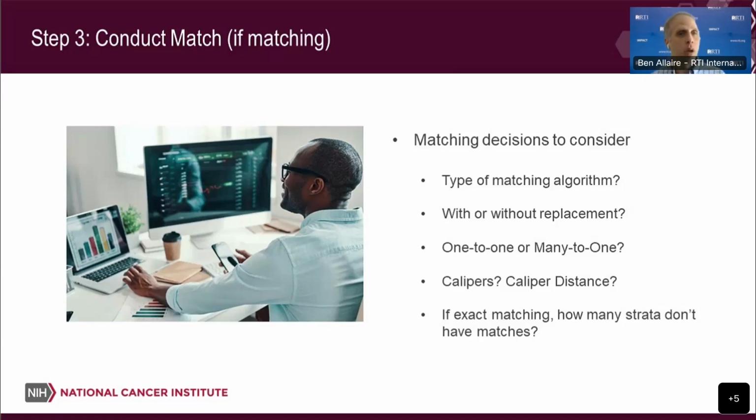And then for exact matching, this is a real big question, which is how many strata. So that's how many people, perhaps of an age, sex, race. If your group of interest includes older adults, maybe those that are 66 and female and of Caucasian race, how many other comparison group people are there that look just like that? If you don't have anyone that is that exact age, sex, and race, you may have to drop them, and that poses challenges to the conclusions that we might draw. Next slide, please.